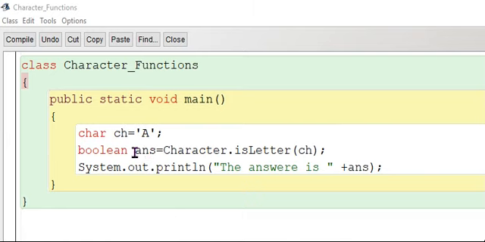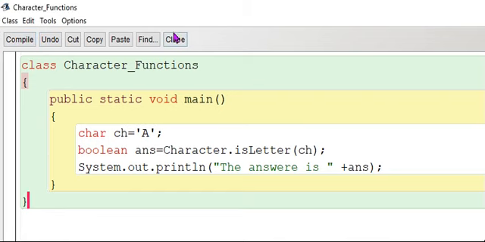The data type of this variable is boolean, because the return type of isLetter is boolean. If we print the value on the screen, the answer is true, because the value stored in the variable ch is a, and a is a letter.